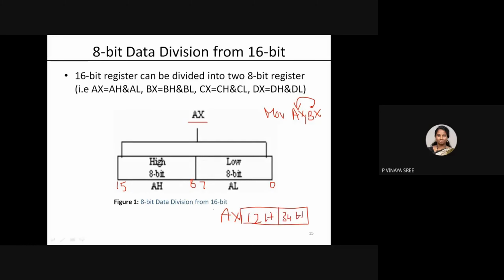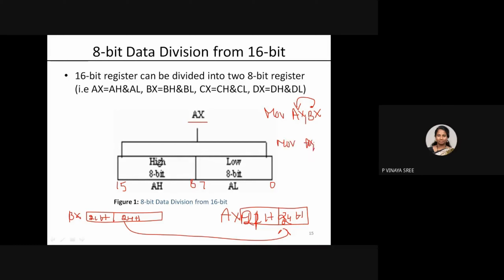3 4 H is present in AX, and in BX let us suppose we have 1 2 1 H and 2 4 H. Means what, these contents will be moved here. Now 12 and 34, 34 will be replaced with 21 and 24. So this is your move. Okay, so let us consider, even I can say as move